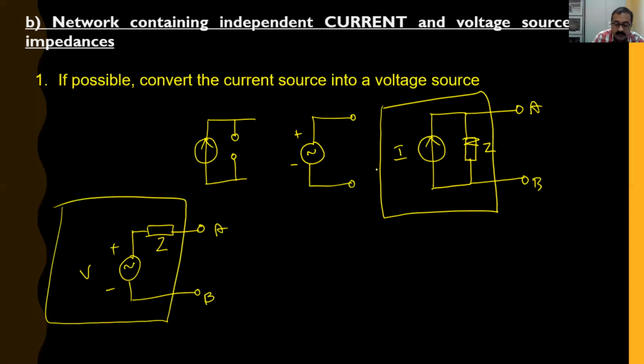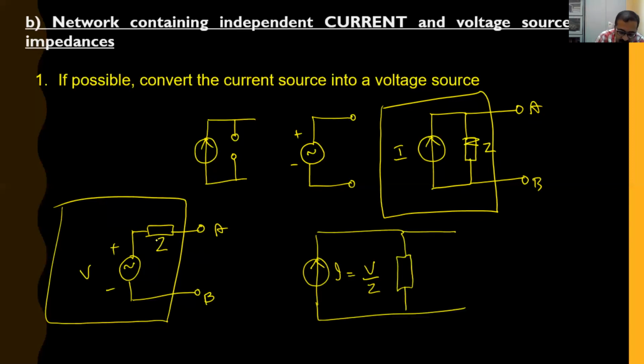Now you know that this voltage source and current source can be converted. How? Suppose you want to convert this into an equivalent current source. What will be the value of the equivalent current source? It will be V by Z, and there will be a parallel impedance whose value is the same as that of this internal impedance. Or similarly, if you want to convert this current source into a voltage source, how will you find the voltage magnitude? This current into this impedance. It will be equal to I into impedance. And you will have an impedance in series with the voltage source.